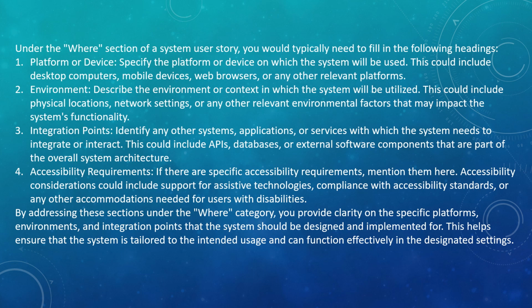Integration points. Identify any other systems, applications, or services with which the system needs to integrate or interact. This could include APIs, databases, or external software components that are part of the overall system architecture. Accessibility requirements. If there are specific accessibility requirements, mention them here. Accessibility considerations could include support for assistive technologies, compliance with accessibility standards, or any other accommodations needed for the user